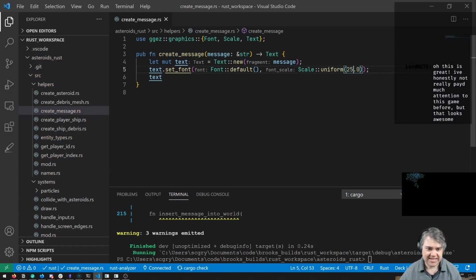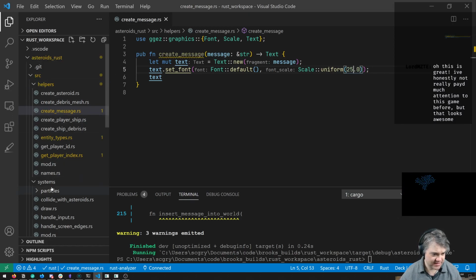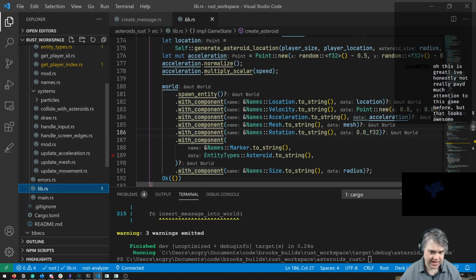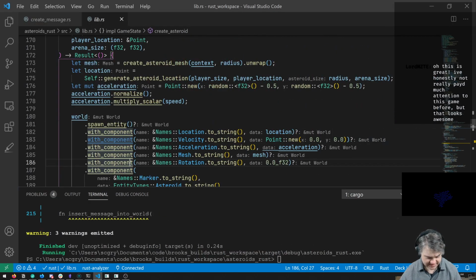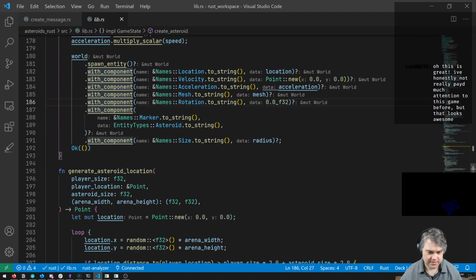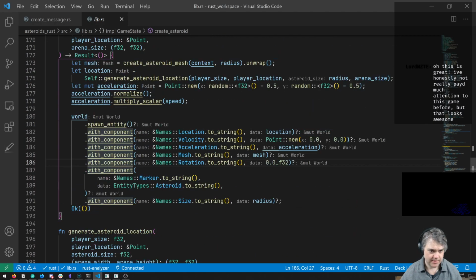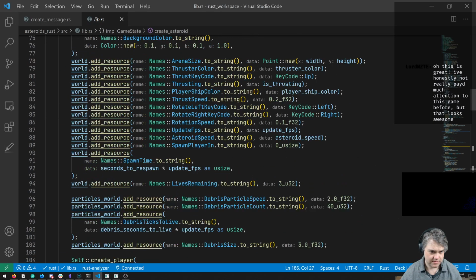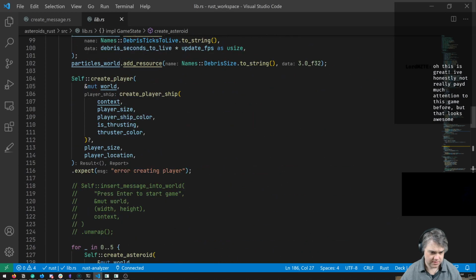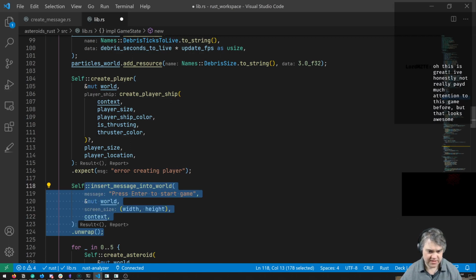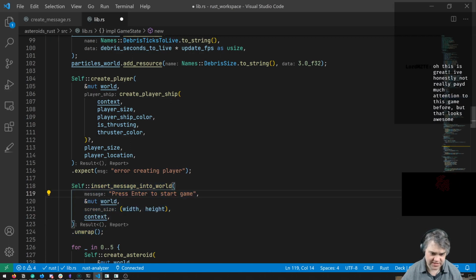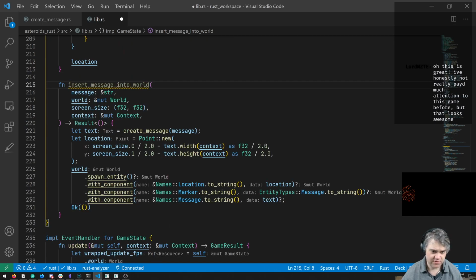It returns that text, which means in the main library, we could then create this. All right, so here's insert message into world. Here's our message: press enter to start the game. Here's our screen size and the context. So we can head over here.